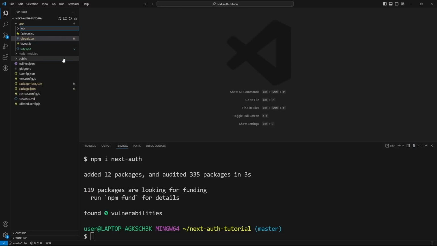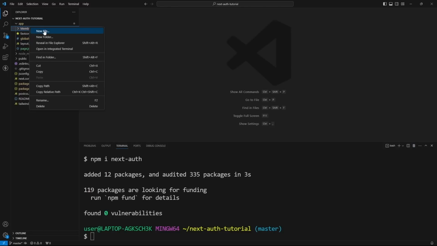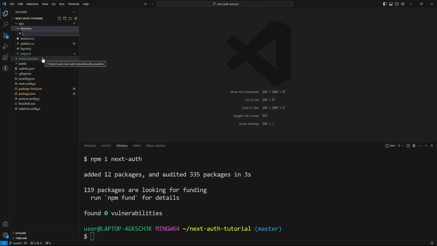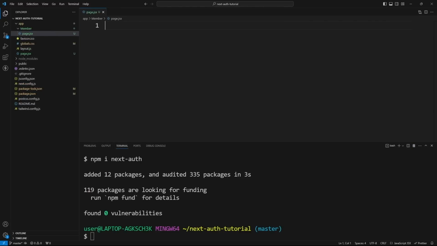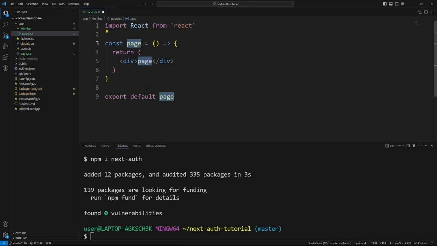We are going to have a member page. So this is a private protected page for only people who have signed up. So we'll do a member folder and then a new file in here that we'll call page.jsx. And then on that member page, we can do RAFCE, just like before, Control-Shift-L, and we will do member. And then let's add in H1 tags here. And this is going to be our member